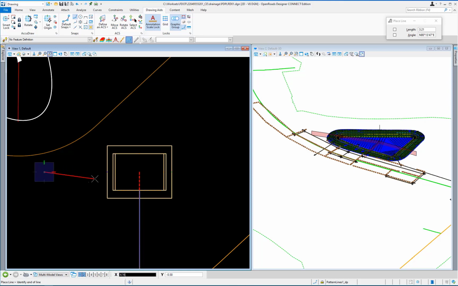Move the cursor to the right of the structure and hit the Enter key to lock the AccuDraw axis to the horizontal again. Type 16 and left-click, then right-click to complete the first pattern line.